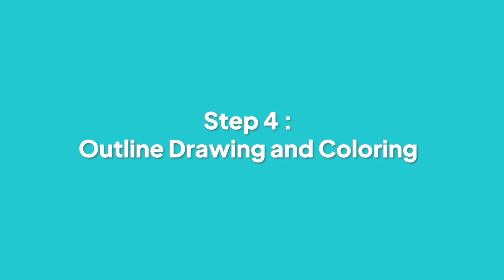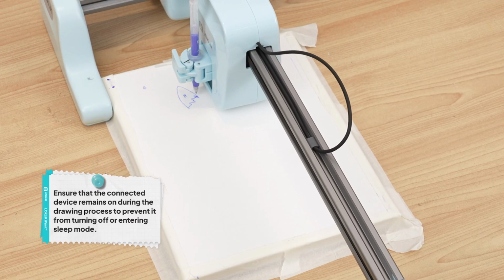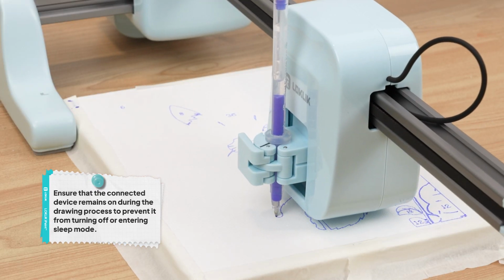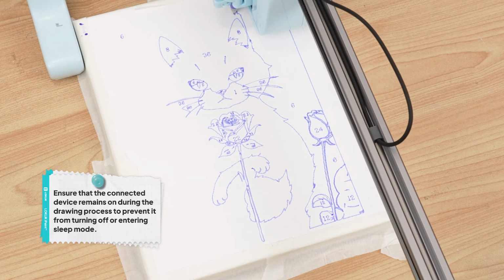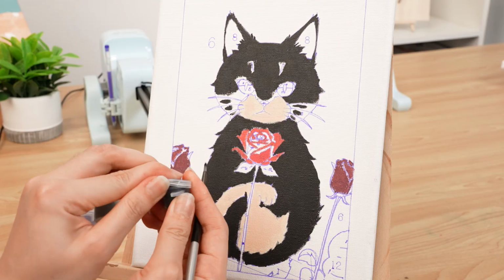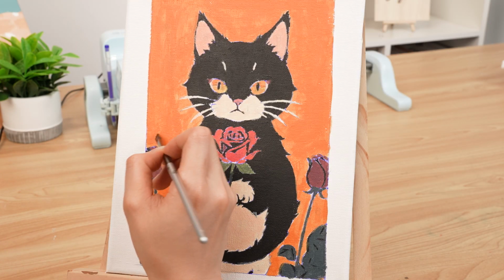Step 4. Outline drawing and coloring. Click the Start button, and iPaint will begin drawing the oil painting outline. Ensure that the connected device remains on during the drawing process to prevent it from turning off or entering sleep mode. Once the outline is complete, match the paint numbers from the image with the corresponding numbers on the paint